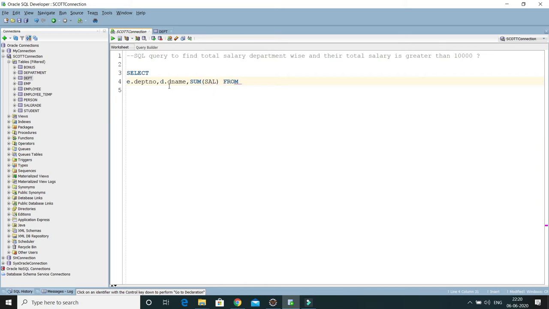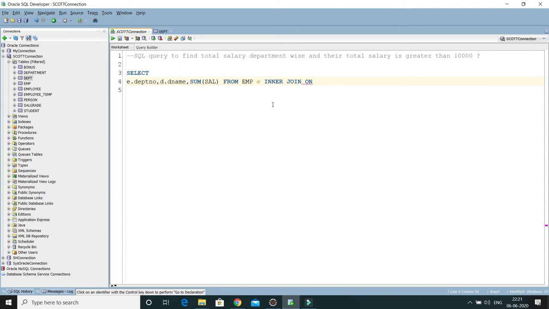As we are getting this information from two different tables, we have to perform joining. So I'd say emp e. You might be clear what e is: e is the alias of the employee table. Department number is available in both tables, so you have to use an alias to distinguish. Now I would say inner join, and here you have to specify the join condition with on.